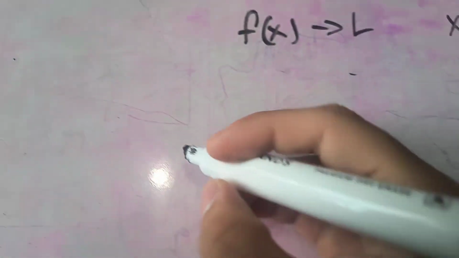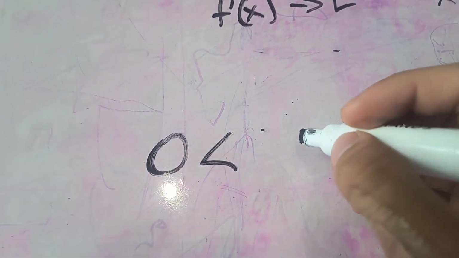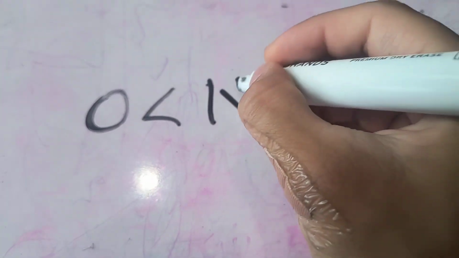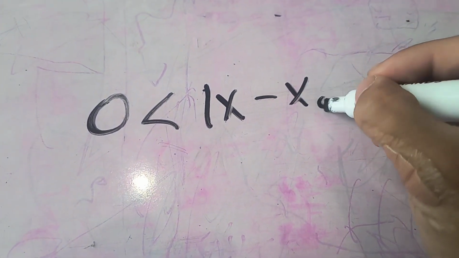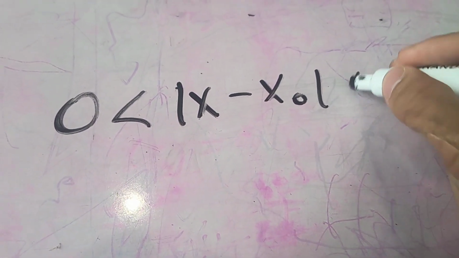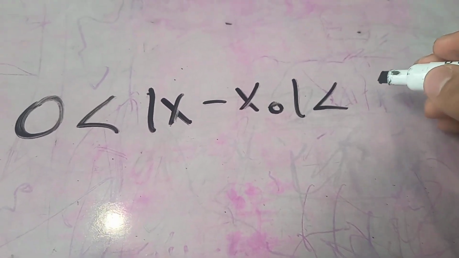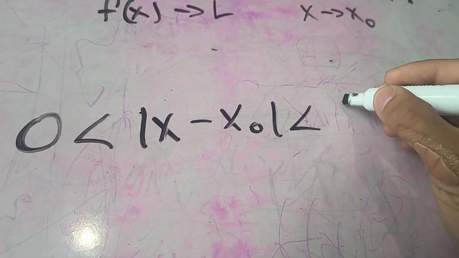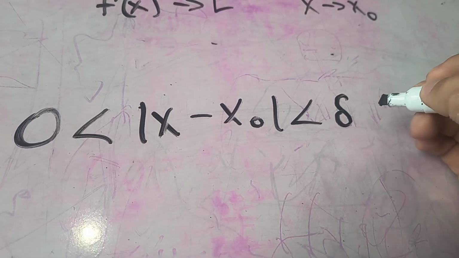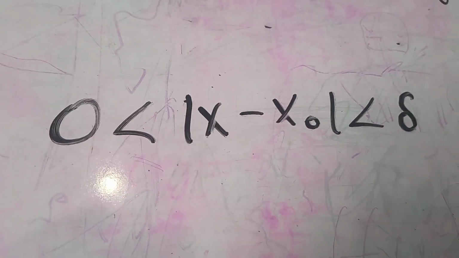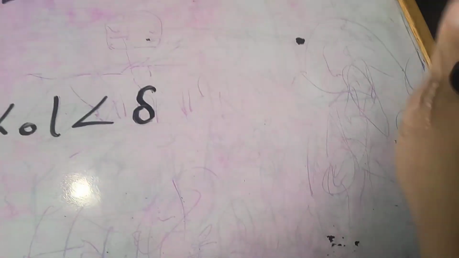We would say 0 is less than the absolute value of x minus x naught is less than delta. It's something like that. Which leads to